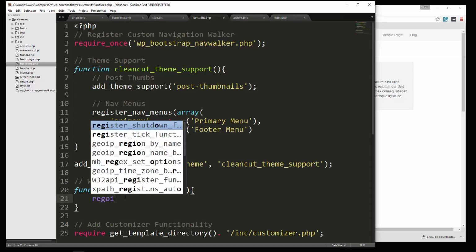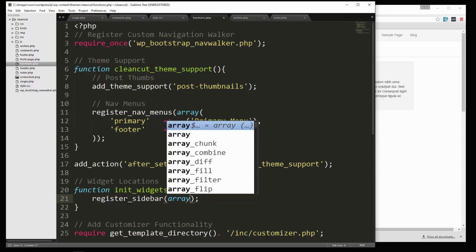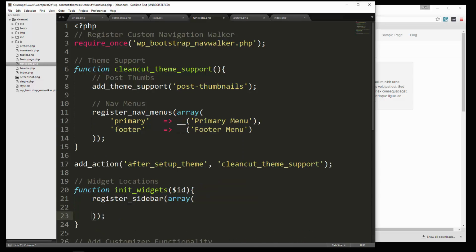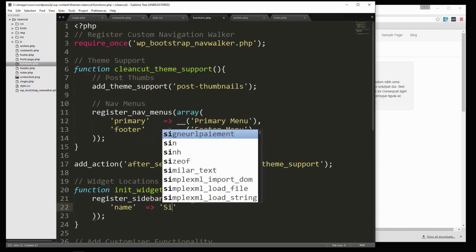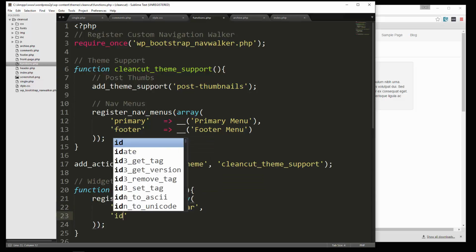Okay, then we want to register_sidebar, pass in an array, name will be sidebar, ID